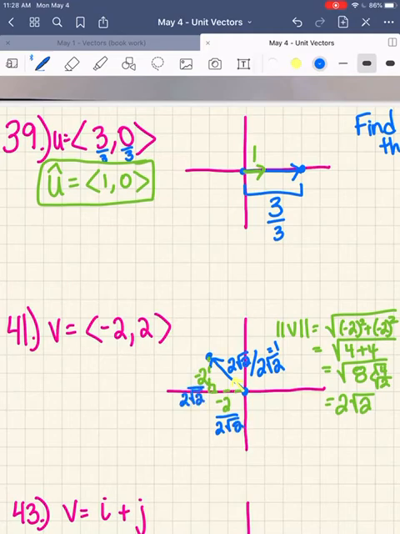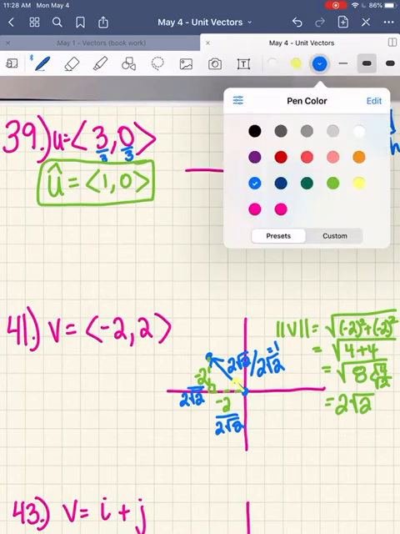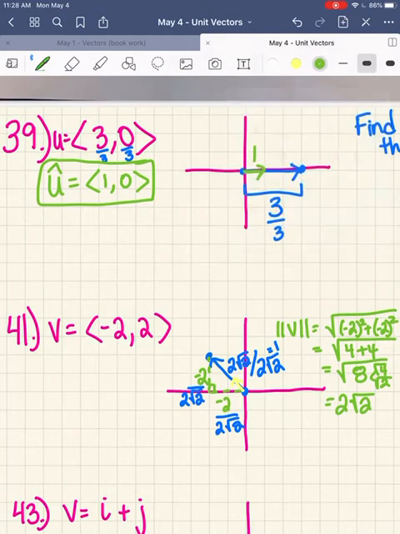Okay, and so then our final answer, I guess we won't get our final answer immediately, but let's write it down. So our V hat, you remember that just means the unit vector. It's going to look like this. You take your x component and you divide it by the magnitude. We're scaling it back. And the y component and do the same thing. Now, technically, we can simplify that, can't we? So do y'all agree the 2's will cross out? So we'll be left with